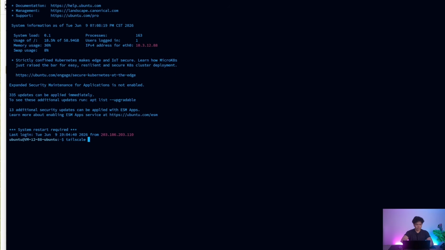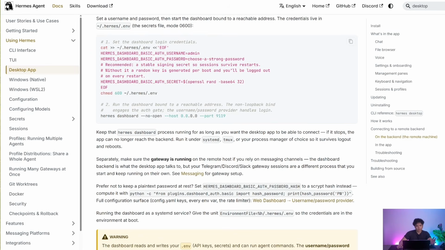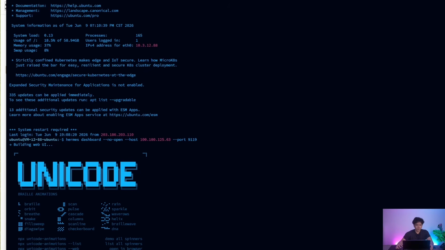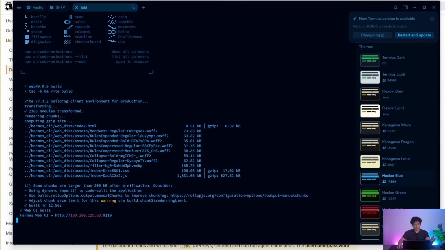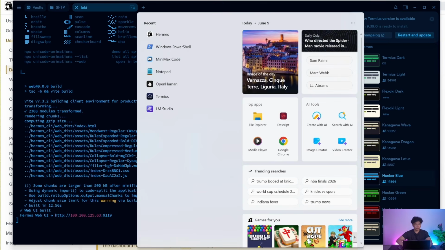So you want to go Tailscale IP-4, and then we're going to run the dashboard bound to that Tailscale IP. So we're going to be replacing 0.0.0.0 with that Tailscale IP. So copy this whole thing and just replace 0.0.0.0 with your Tailscale IP of your Hermes dashboard. All right, so once it spits out the link, you're going to want to go to the terminal of your